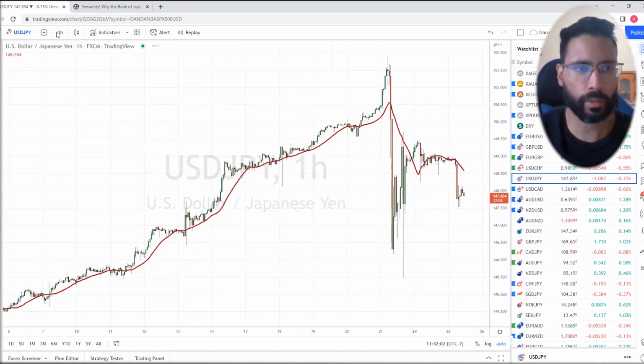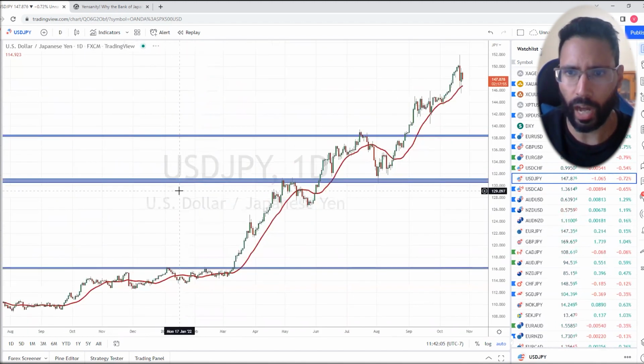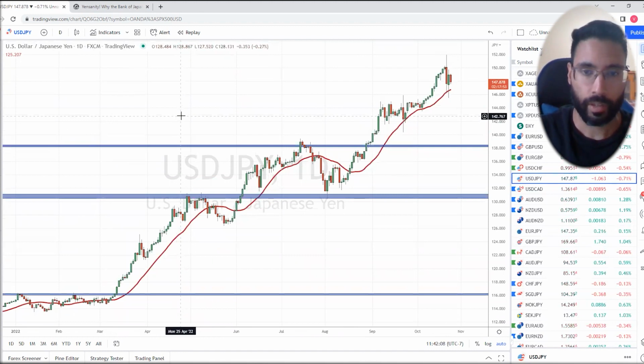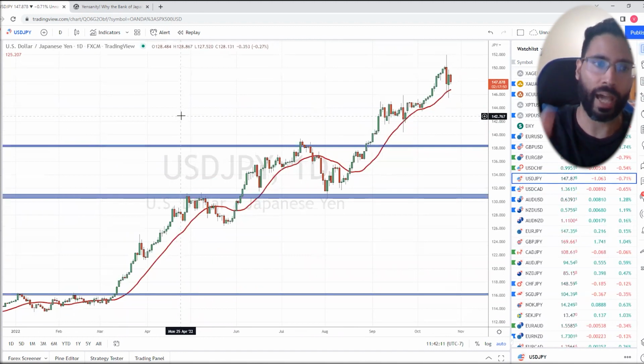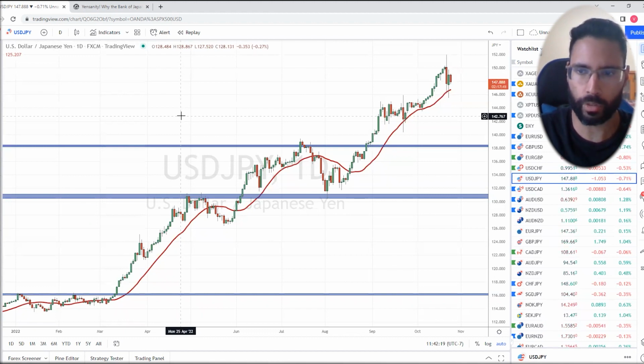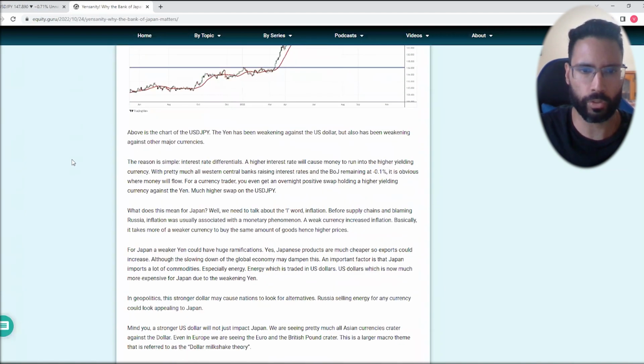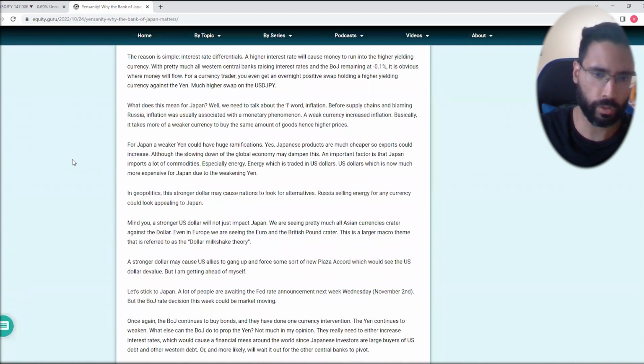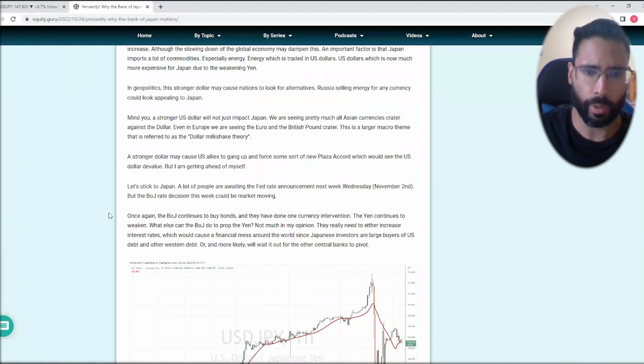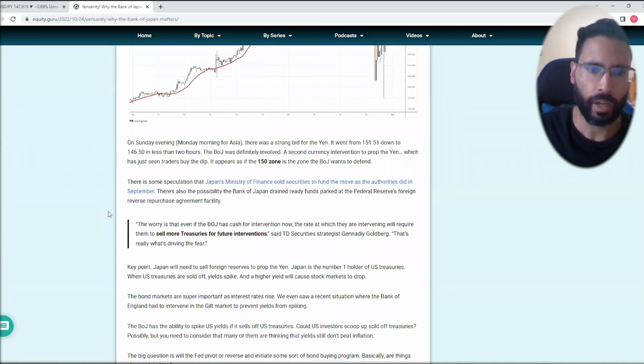So it does seem like the Bank of Japan is doing some sort of currency intervention, which means they will have to sell off foreign reserves of that currency to purchase Japanese yen. And in this case, Japan, again, being the top holder of US Treasuries, are they going to be selling US Treasuries, which is going to cause Treasury yields to spike, in order to buy yen, right? That is sort of the big $1 million question. Of course, there's other ways that they can do it. Perhaps they have a currency swap line with the Federal Reserve. But I think a lot of people are watching the action in the bond markets.